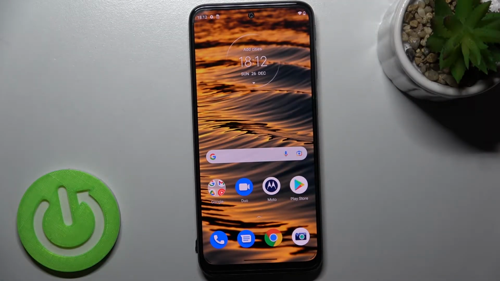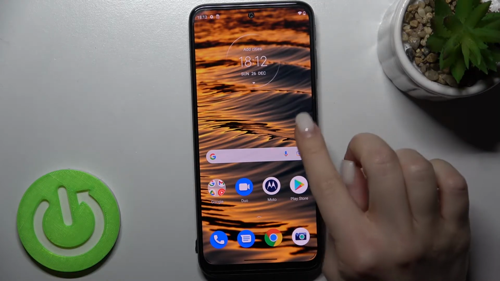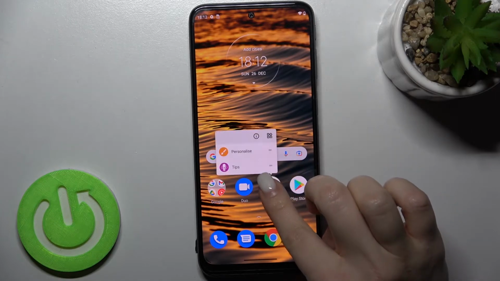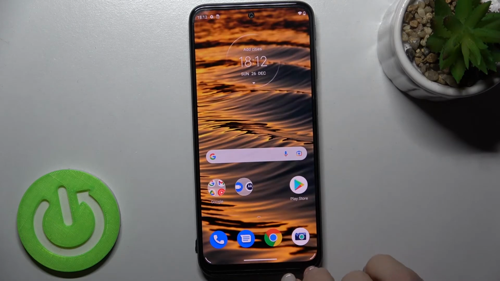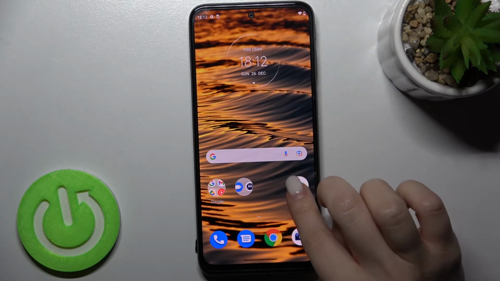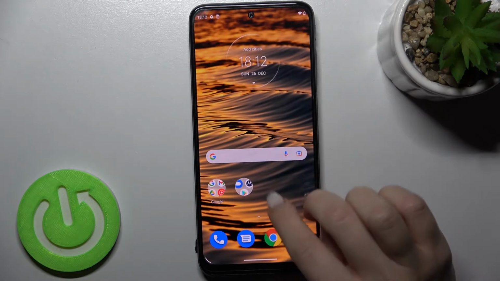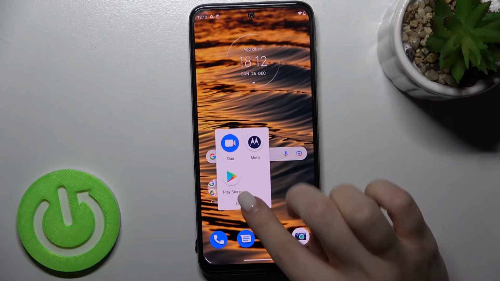Welcome. In front of me is a Motorola Moto G41, and I'll show you how to create home screen folders on this device. First, select the application, hold it for a while, and drag it to another application. In the same way you can add one more application to your folder, and here you